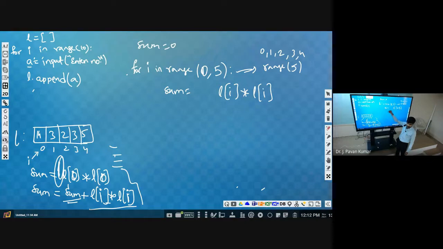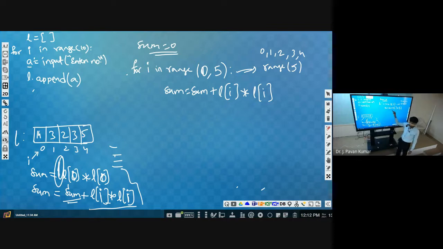Same process we will repeat. For the first time only you need to consider this sum is equal to 0. So first time as we have taken sum value as 0, we can add that sum to this. There won't be any change, isn't it? So sum is equal to sum plus L of I into L of I, so that we can generalize it. For all 0 to 4, we can repeat the same. Got it?